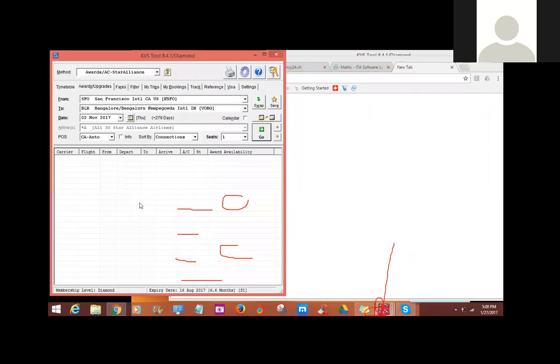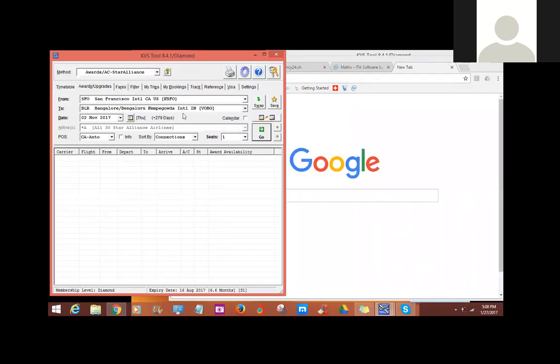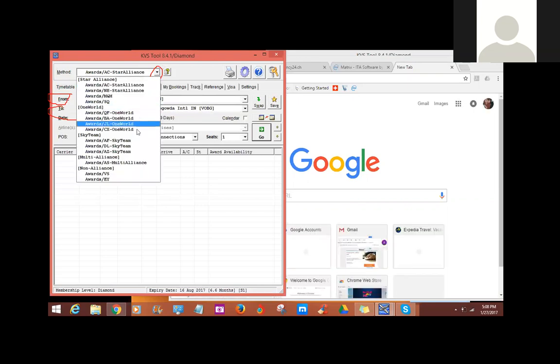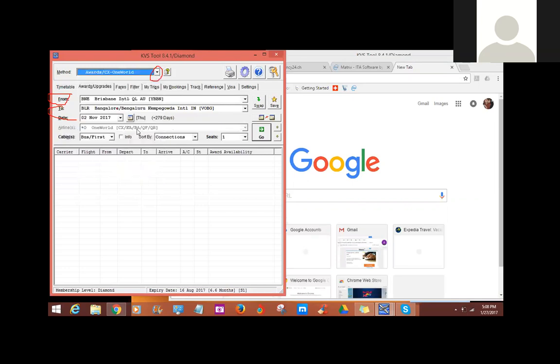And now what I'm going to do is put in BNE to London, LHR, in these cities right here. From BNE to London. I'm going to change this black arrow to CX at the top. This is what I personally like to do because it's faster. Because if I find out it's not available, I'm going to abandon this and move on, because I don't want to spend a lot of time finding out that I can't send a quote. You know what I mean? So the 31st of May,